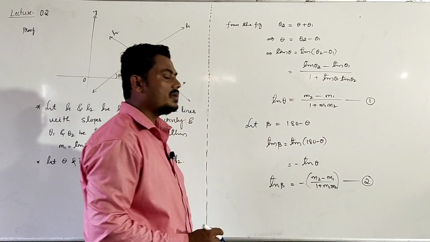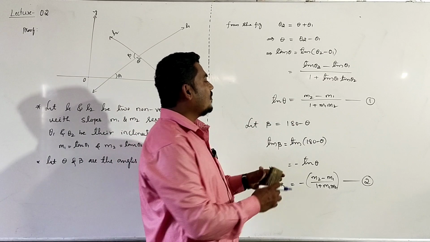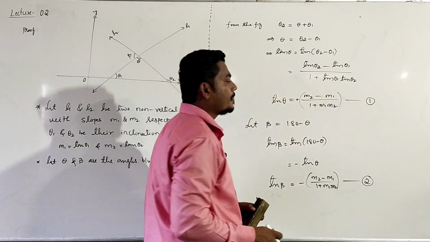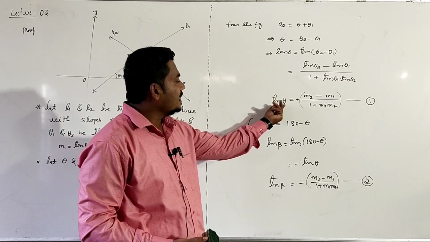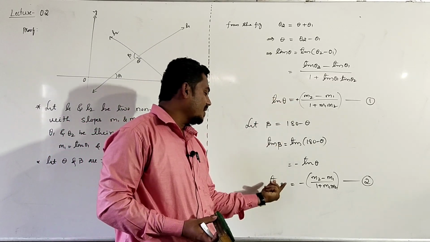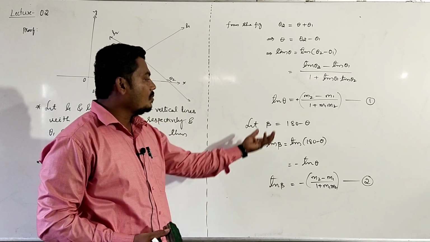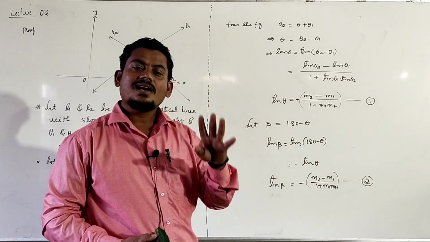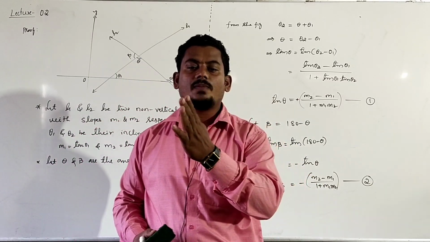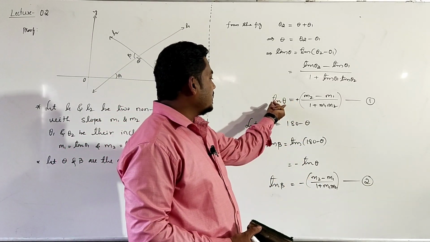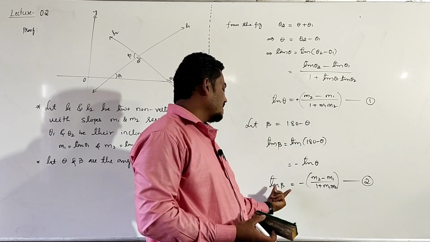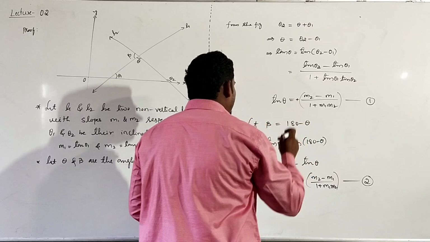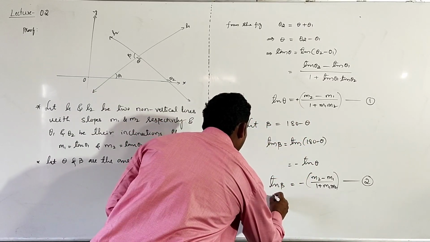Take this as equation number 2. Here we have a positive sign, nothing is there, so clearly take this as positive, right? Here theta is the angle between two lines and beta is also the angle between two lines, both are one and the same, right? Club these two equations because theta and beta are the angle between two lines. This tan theta is the angle between two lines, this tan beta is also the angle between two lines. If you club these two equations from 1 and 2,